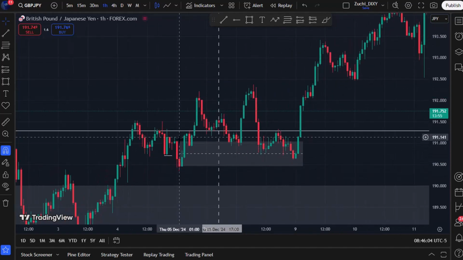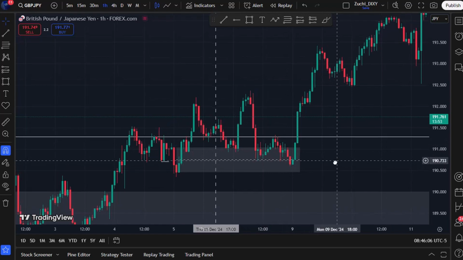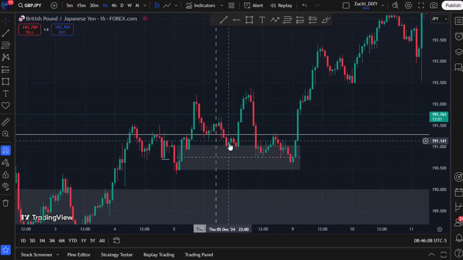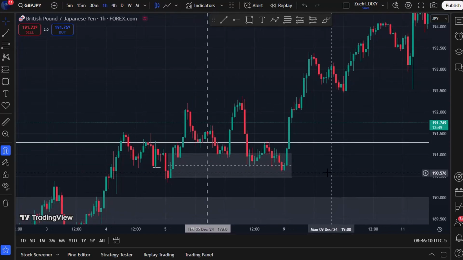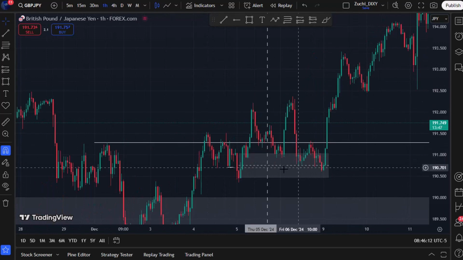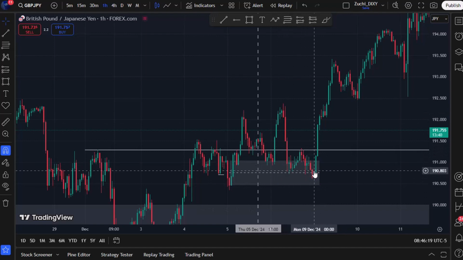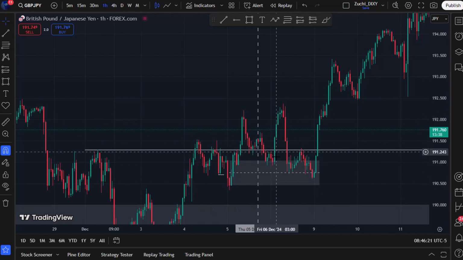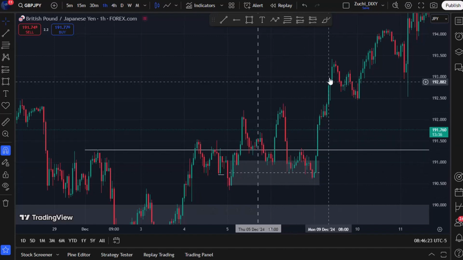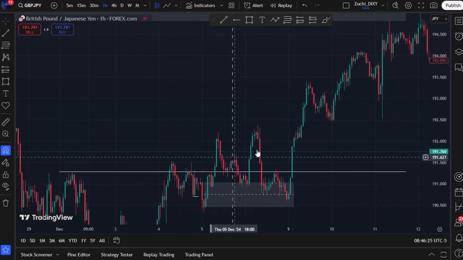Remember that your order block can be tapped into 1 or 2 times. It's not necessary that your order block is just tapped once before you use it, right? It can be tapped into multiple times, 2 times or 3 times. But when it is tapped into more than 3 times, then it is not high probability. So you want to see either 1, 2, or 3 taps and you see price expand, and this you have here,